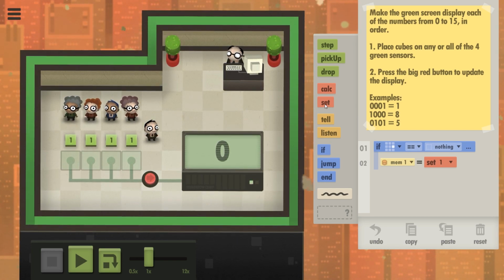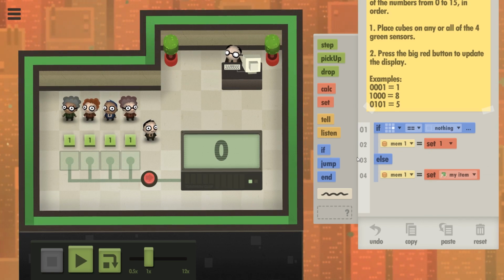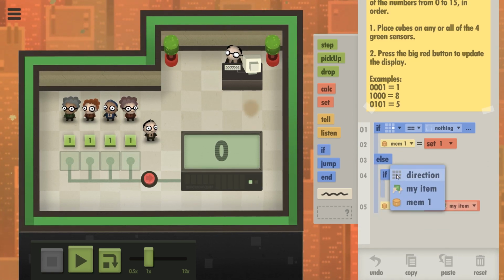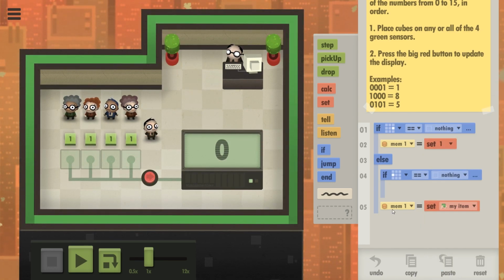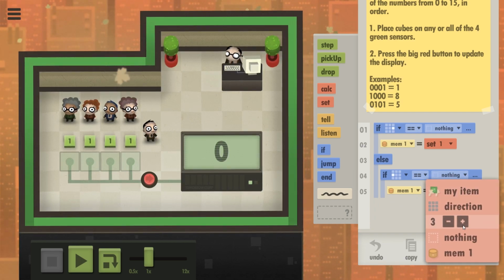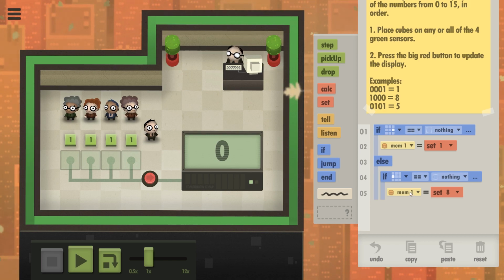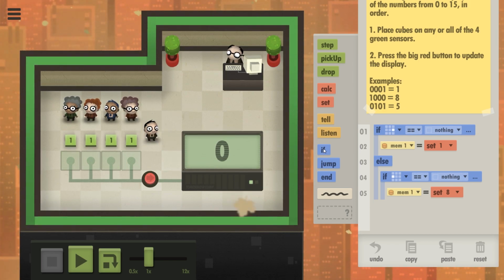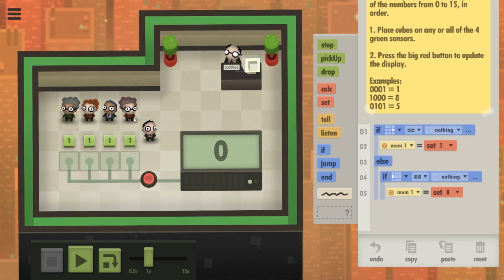If to my left is a nothing, then I will set mem1 to be 8, as I am this person. Else, I will,